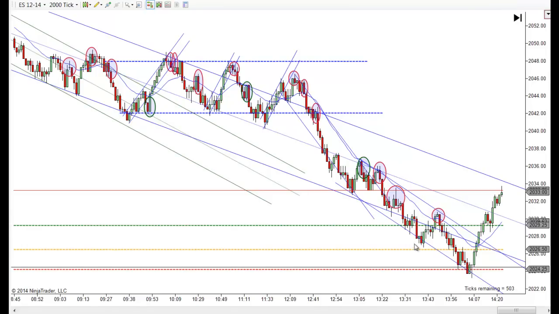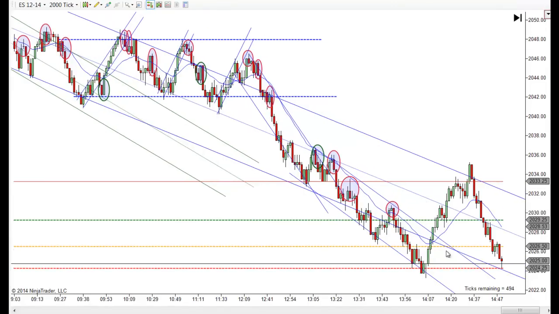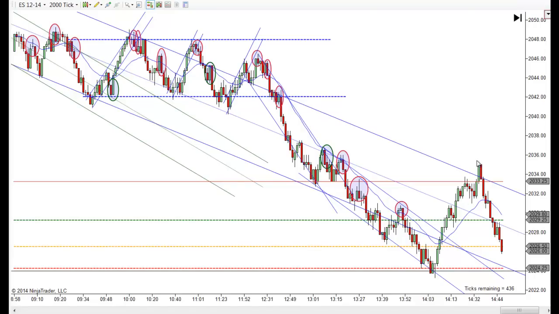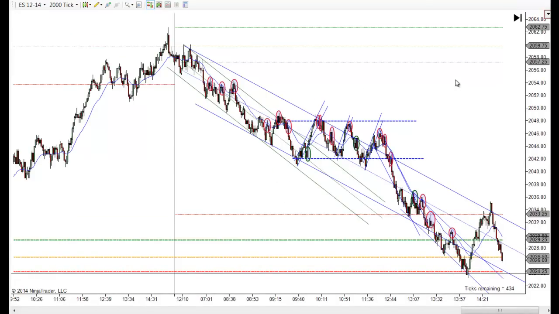But then you're working lower and you bounce off this lower part of the channel, pull back, first entry, pull back, and there's another second entry short, and it's off to the races. And I didn't mark anything after that. That got you into the 2 o'clock hour. And, again, I don't think you want to take any longs. We're way overdone here, so when it does bounce, you figure something like that's going to happen. But there were so many trades here. No reason to be taking any trades that late in the day.